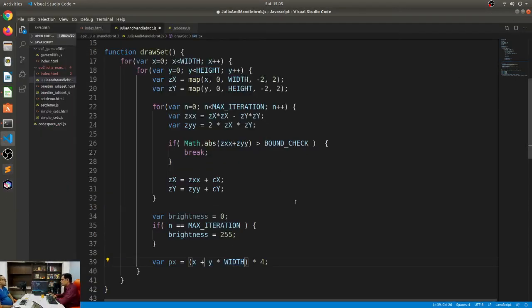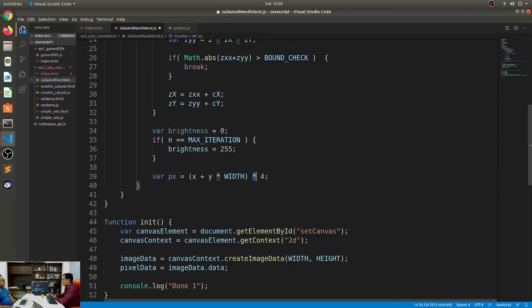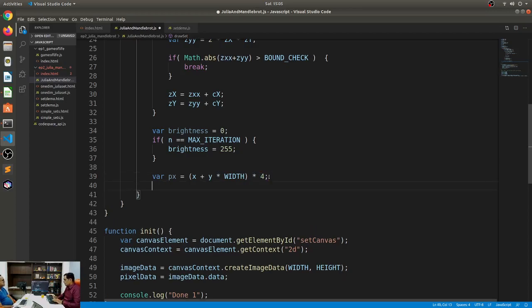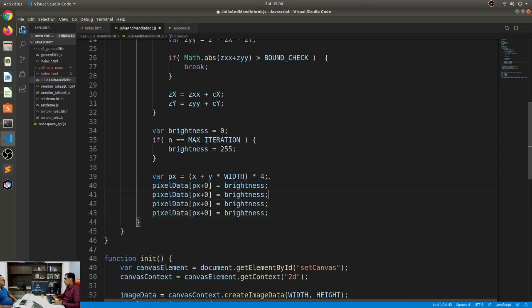So from x and y you got the element. And then I'll have to multiply it by 4 because each pixel is represented by 4 array elements. So now I have this one. So now I can say pixel data of px plus 0. Remember, the first element is red, and red values are once again from 0 to 255. Then 1, 2, and 3, and this would once again, I'll just say 255 because I want it to be